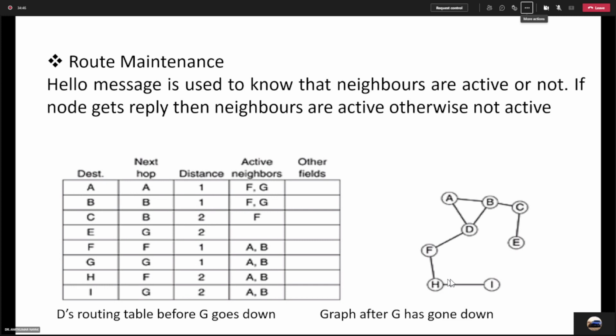And if packet drop is there, it means fruitful communication will not take place, proper communication will not be established.